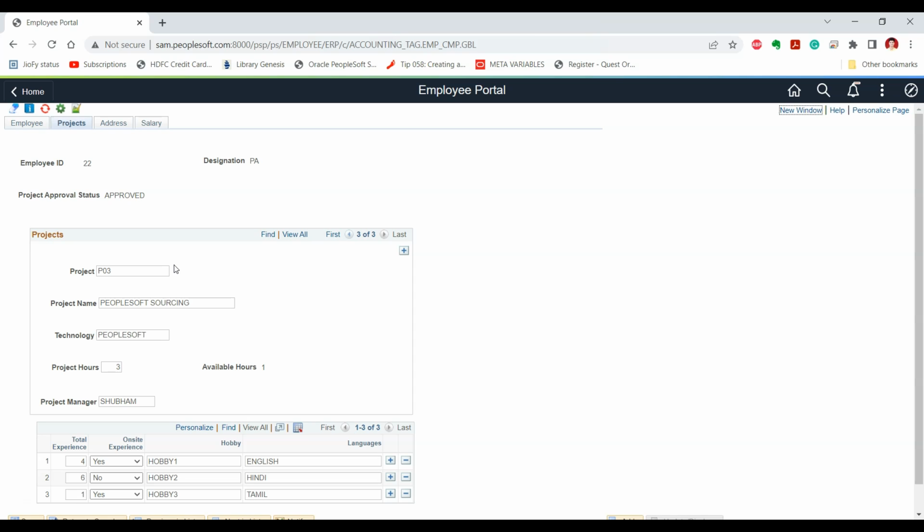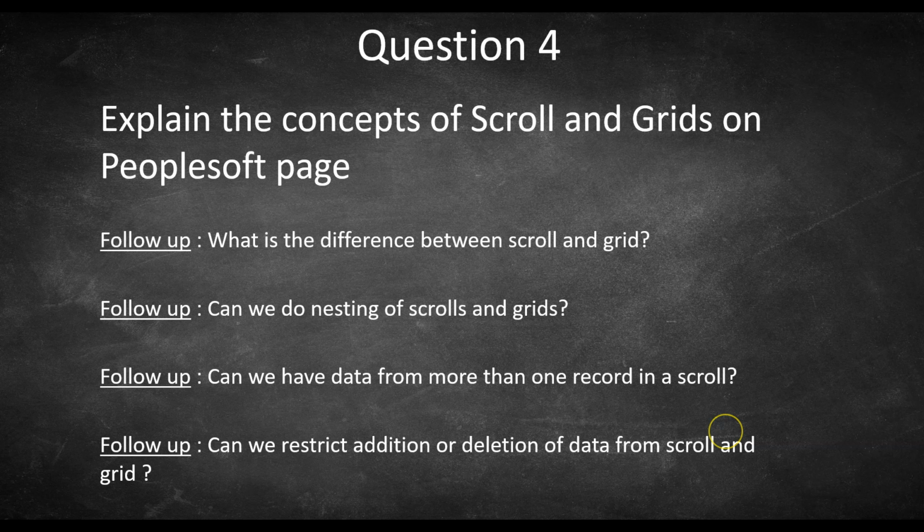However, if the second record which you want to assign to the scroll area is a derived or work record, then in that case we can take the fields from the derived work record and put those fields into the scroll. So this is allowed. However, the record fields from the two different physical records are not allowed to be put on a scroll area or grid. Another follow-up question is that can we